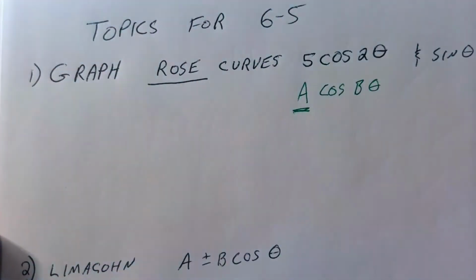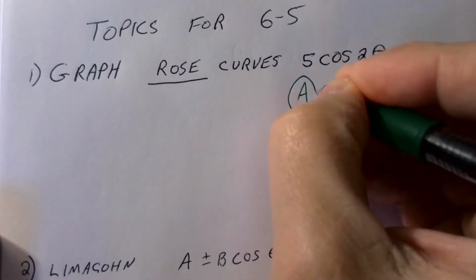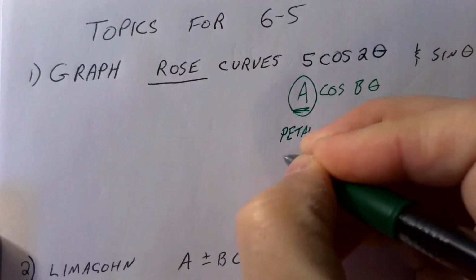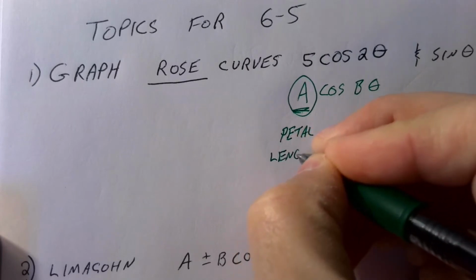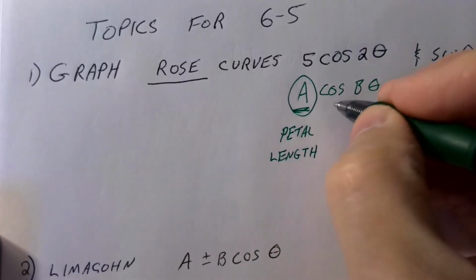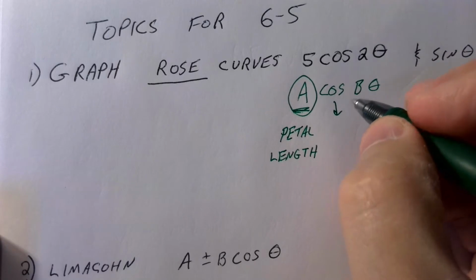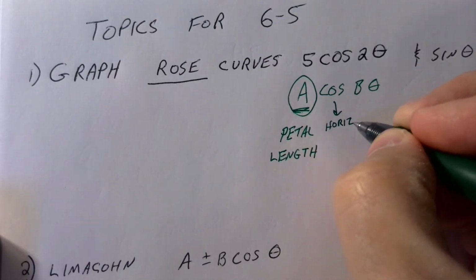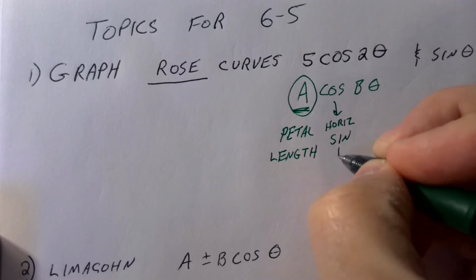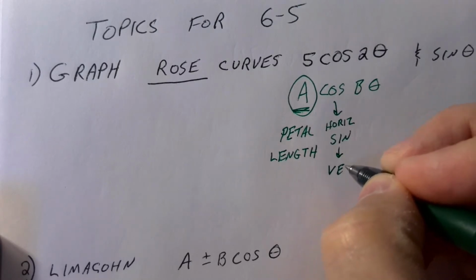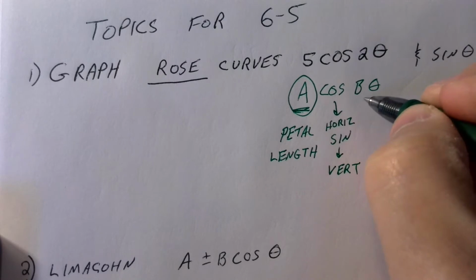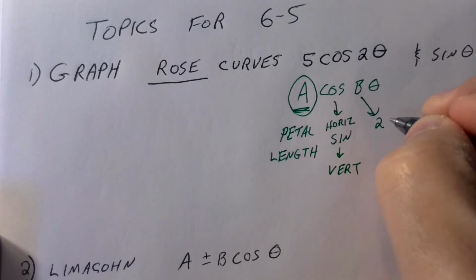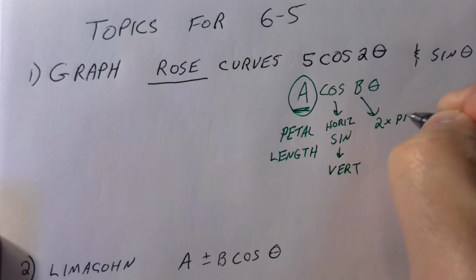So these were our things. One more time. This number right here gives you petal length. Cosine or sine. Cosine gives you horizontal line symmetry. Sine gives you vertical line symmetry. This number always doubles the petals, 2 times the petal length,